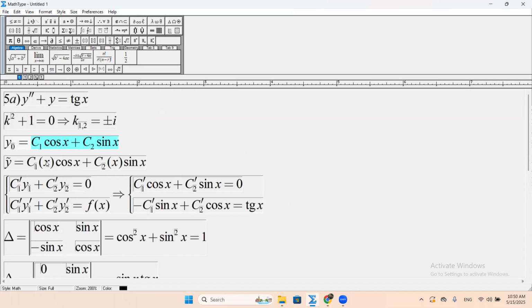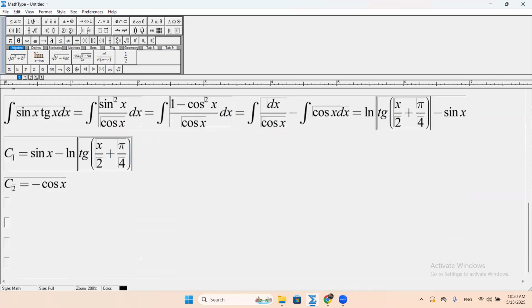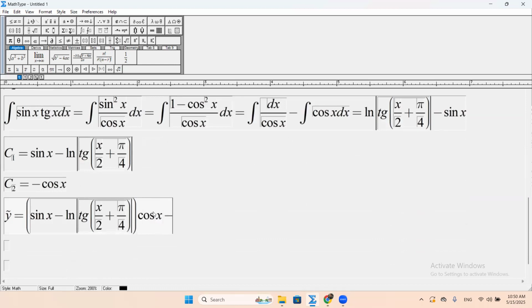We found the partial solution, so first of all, let's write it down. The partial y will be equal to the following function. For C1, this expression will be multiplied by cosine of x